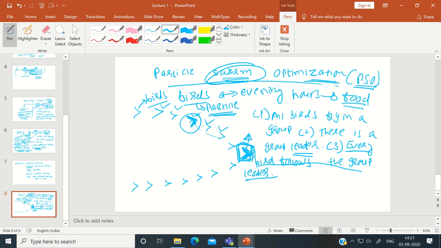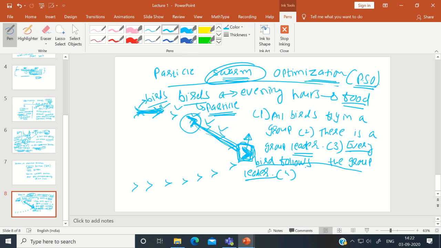It tries to minimize this distance. In terms of mathematics, we can conclude like this, right? Also, every two neighboring birds will try to minimize the distance between them, right? Okay. So these are our observations,